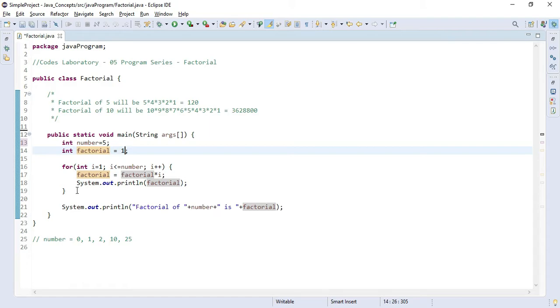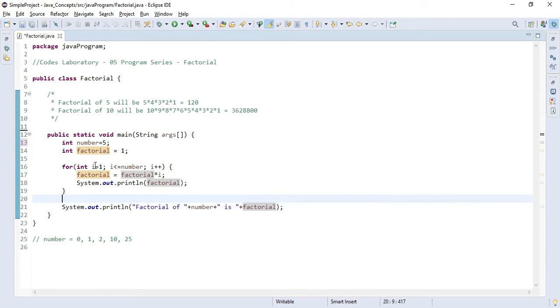As you can understand, we need to perform some operations multiple times. If we want to find the factorial of 5, we will have to perform the same operation, multiplication, 5 times. And if we want to find the factorial of 10, we will have to perform the multiplication operation 10 times. So for that we have used a for loop, as we are required to perform the same operation multiple times.